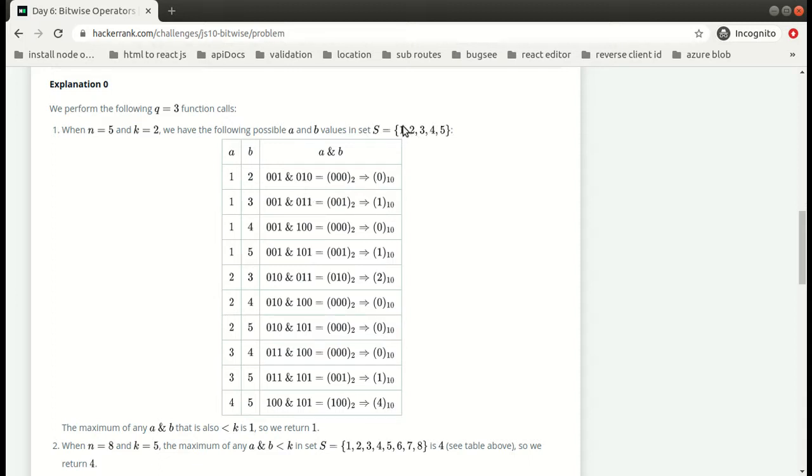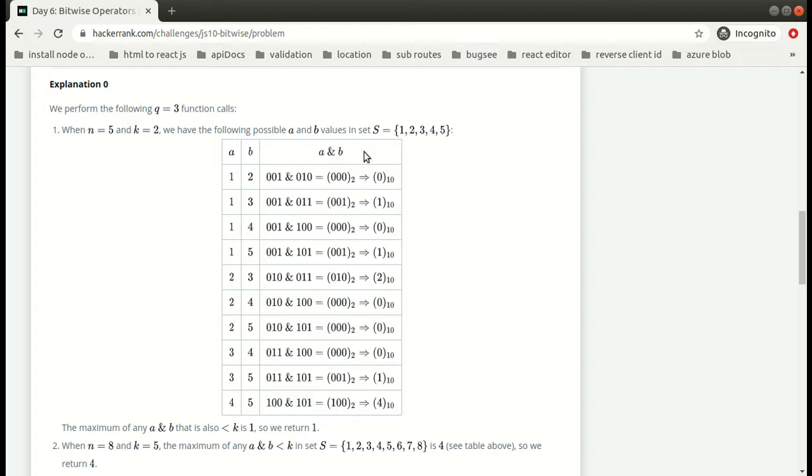What they have done is make the pairs and find the bitwise AND between them. We have 1 as 001 and 2 as 010 in binary form, and then they have done their bitwise AND.